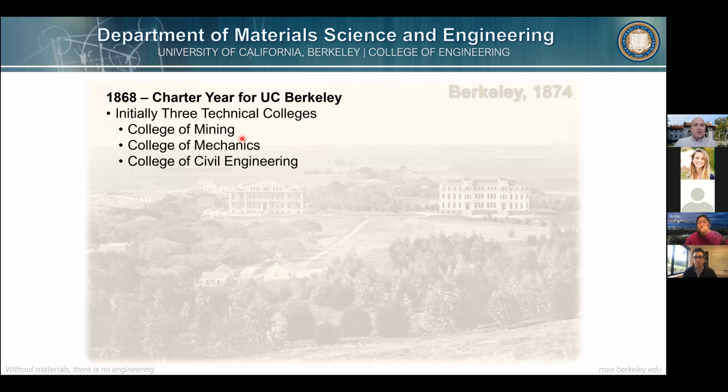One of them was the College of Mining. That is the department that directly translated into material science over the years. A few name changes later, and we ended up with material science and engineering. So that puts us at ballpark about 153 years old for a department, which is pretty old for anything in the United States, I guess, in an academic sense.